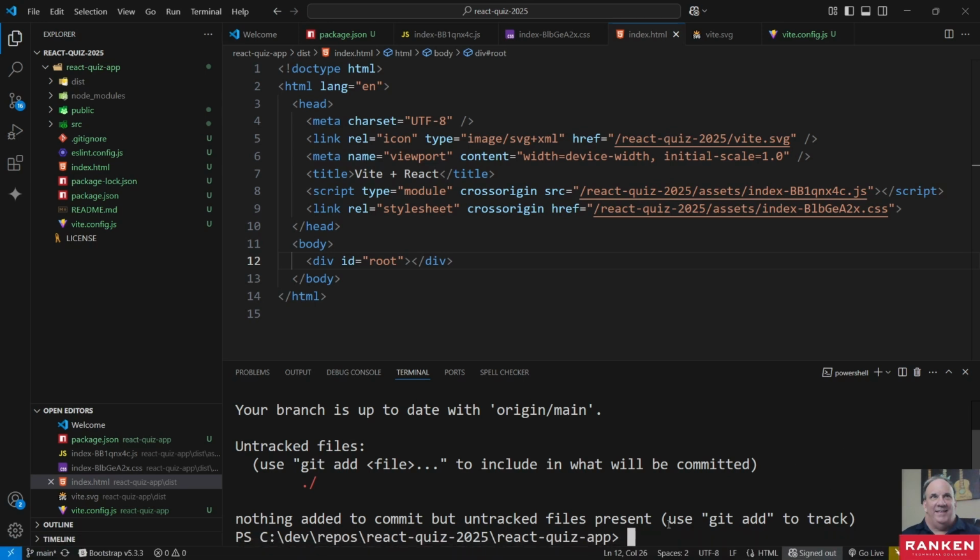But it's telling you: nothing added to commit, but untracked files present. So it's saying there's untracked files, basically all this stuff, right? Use git add to track. Okay. So what we're going to do here is we're going to do git